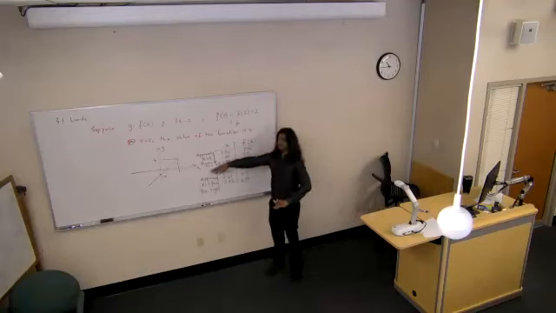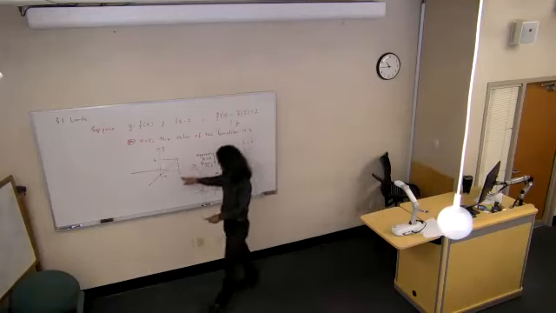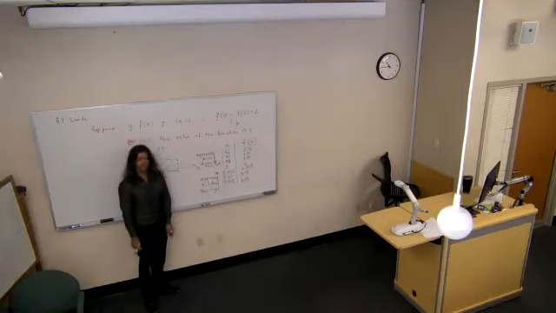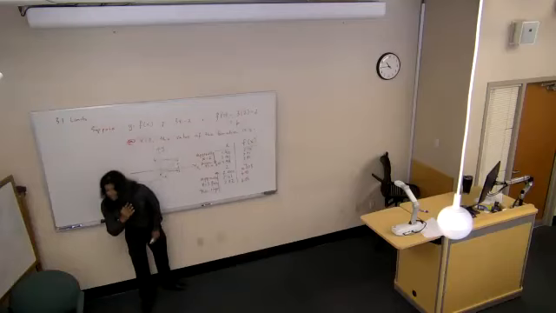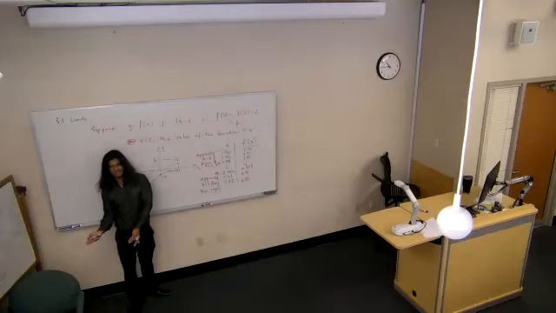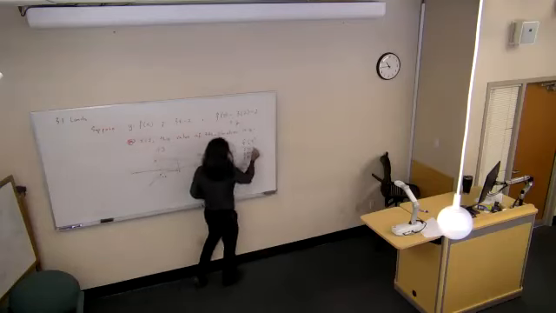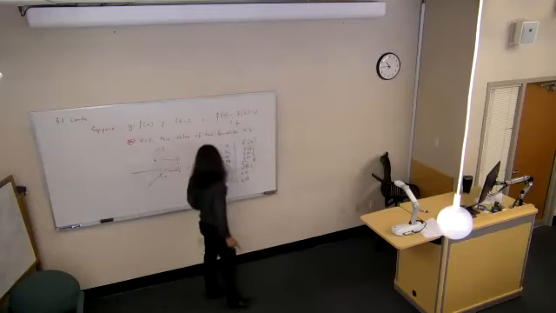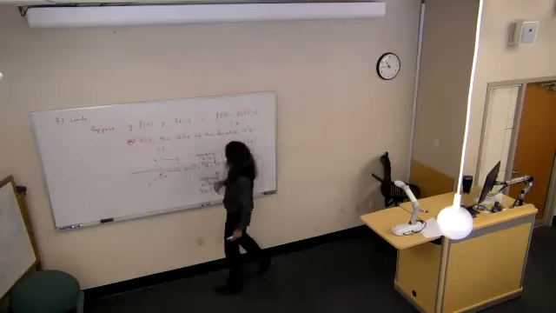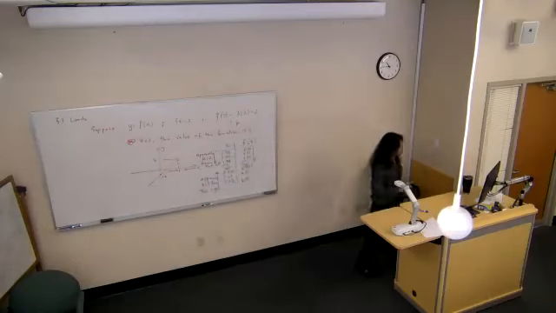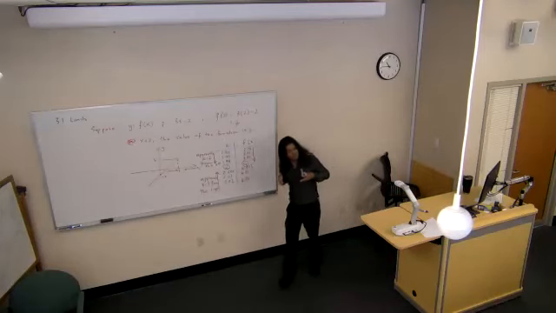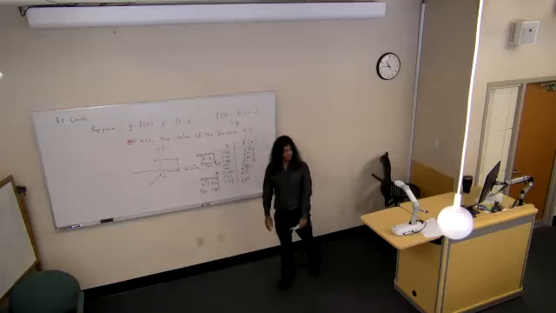Let's pick this. You are getting closer and closer to 2 from the left-hand side. What is happening to the value of y? It's getting closer to 4. It is increasing, going toward what number? The y value, 4. Start from the right-hand side, as x approaches 2 from the right. What is happening to the value of y? It's decreasing, but it is getting closer and closer to 4.